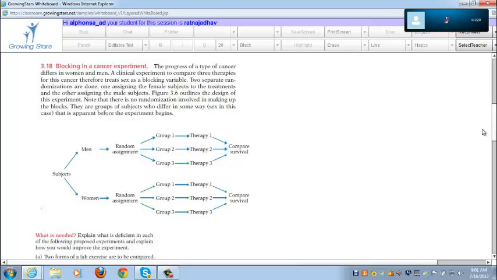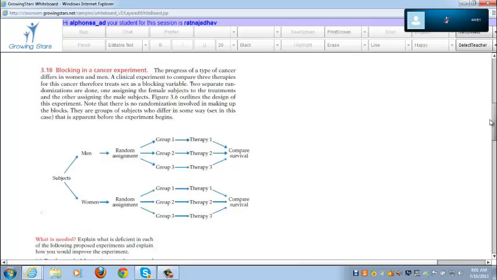Here they said change in scores in standardized tests. That means two tests were given, one before the leadership program and one after the leadership program. Maybe the students did better because they took the first test and had some experience on how to take the test. Maybe they did better because of that and not because of the leadership program. Right. Okay.